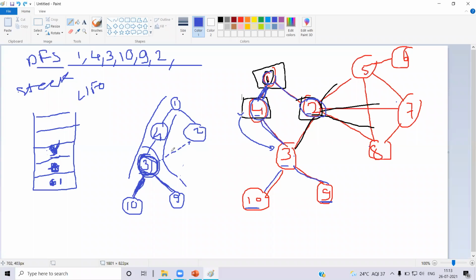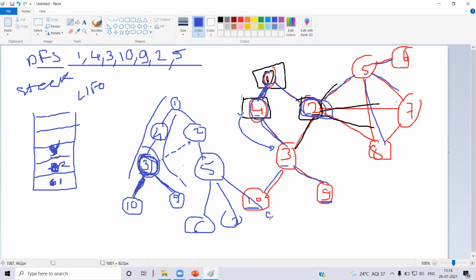So now we can see that from 2 to 3, I cannot establish the link because 3 has already been visited. Then which is the next? It depends on whom you want to choose. If I want to go for 5, I'll be visiting 5. But before going to 5, you should push this element onto the stack. So 2 will be coming over here. When I move to 5, who are the neighbors? 6 and 7. Sorry, 8 is also there. So 6, 7, 8.